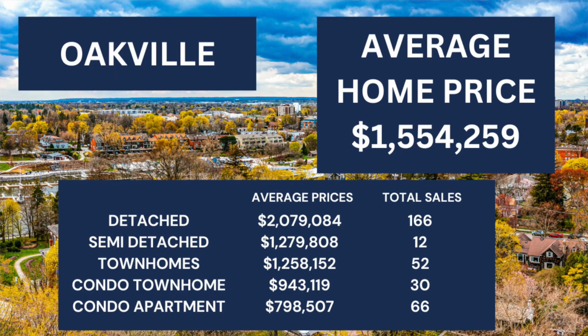Oakville is always at the top. We already know Oakville is Oakville in terms of your pricing. Your detached homes are over $2 million on your average at $2,079,000. Not a lot of us are going to be able to afford a home like that price category. However, Oakville has some beautiful, beautiful homes, and the value there is always very, very strong. $1.279 million for a semi, $1.258 million for a townhouse, and then a condo townhouse, we're at $943,000. Condo apartments obviously going to be higher than what Burlington offers, so just shy of $800,000 at